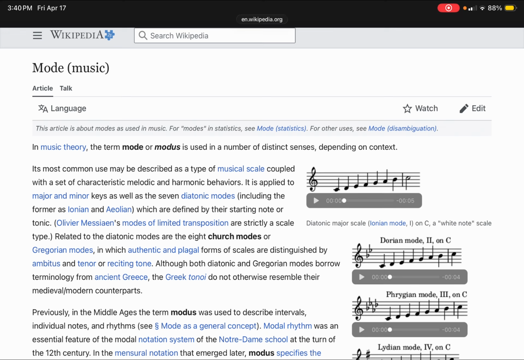And that goes into the classical era, from the Renaissance to the Baroque to the classical and then the Romantic era. But we're not there yet. So with modes,